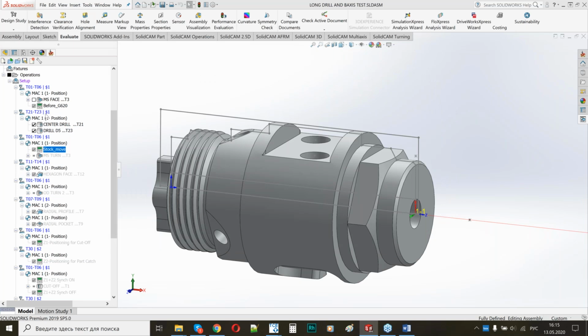Because here I have what is called the combination, and by default the combination which is used is the combination for the first channel. That means that I will have the movement of the stock, not the tool movement. I don't want to move my stock, so I'm going to change submachine, and I will use